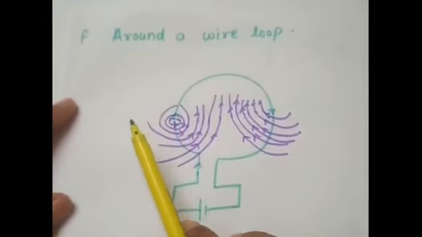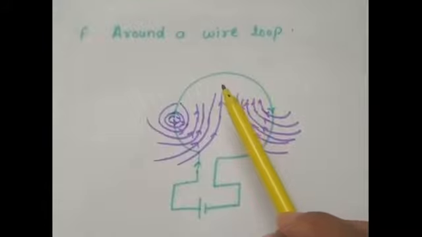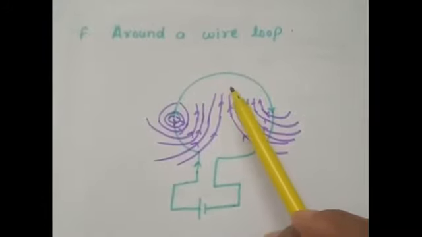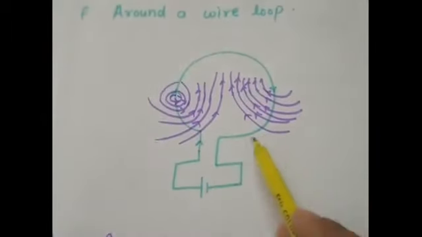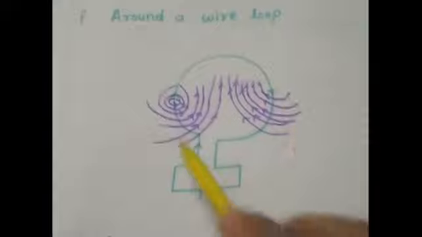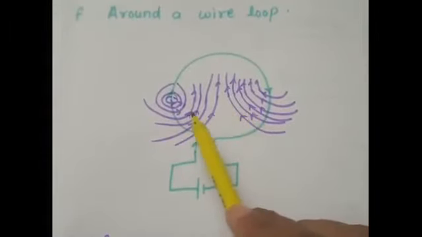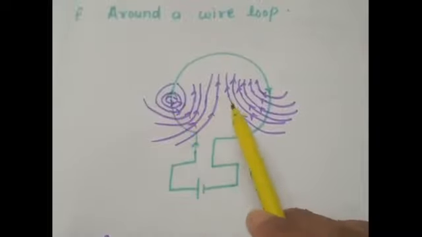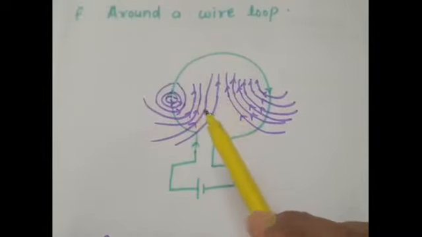Part of the first question says that we have to draw the magnetic field lines around a wire loop having a constant current. When we attach a battery to a circular loop of wire, the current flows in this direction. If we take the circular loop in two segments, first half and second half, and apply the right hand grip rule on both, then we find that the magnetic field is produced